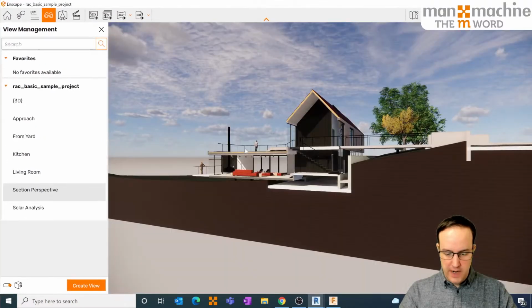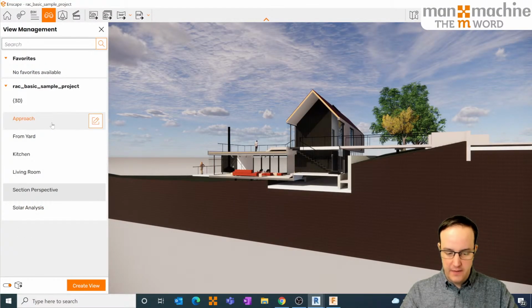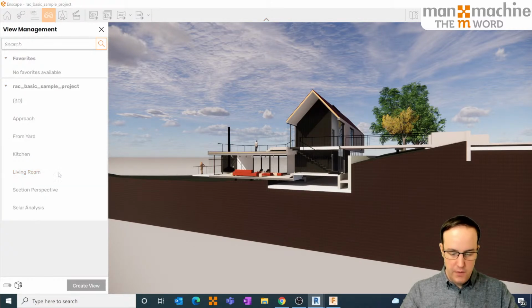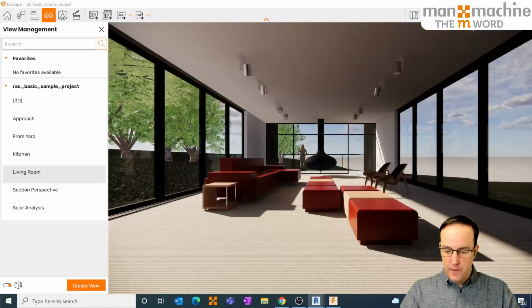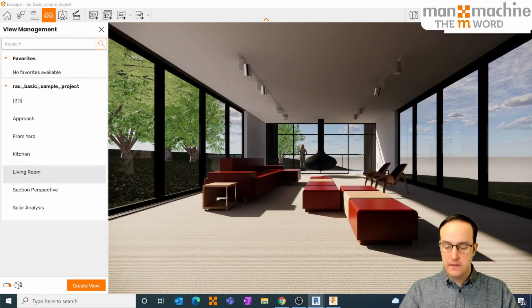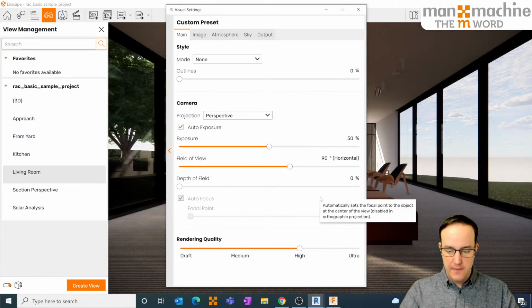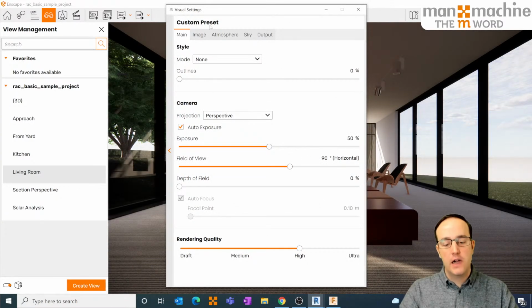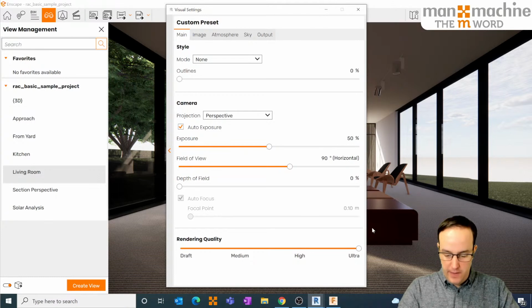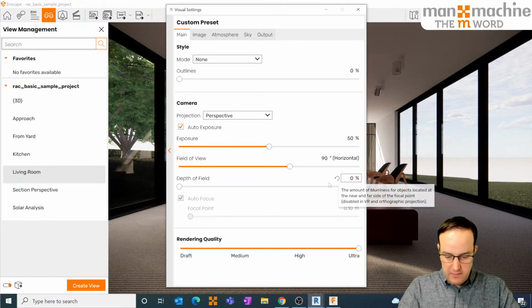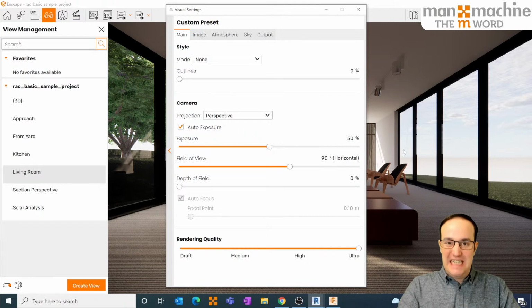So let's go full screen in Enscape now, because you've seen that these are linked Revit views, which is great. Let's go back to our living room view over here. And then what we're going to do is go up to the visual settings, top right, and we've got a load of customizations. Okay, you'll notice I'm currently running on a custom preset. All right, so what I'm going to do first of all is put this up to Ultra, pushing my luck a little bit here. Hopefully the demo ghost doesn't come out,